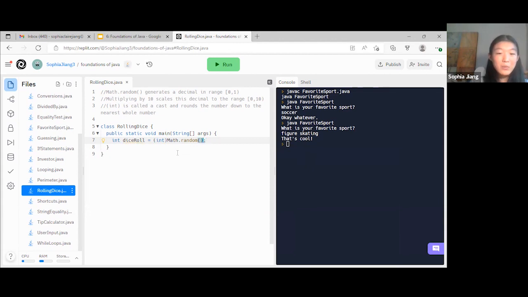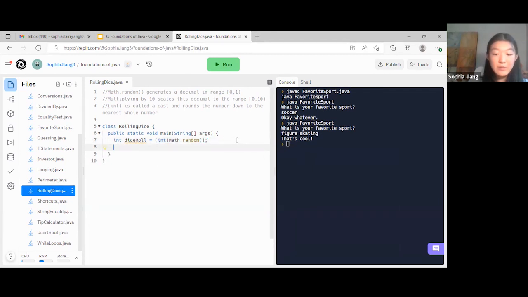But we don't want 0 all the time. We want numbers from the range of 1 to 6. So does anybody have any suggestions as to how we would get the range from 1 to 6, or maybe 1 to 6 from 0, 1? Okay,